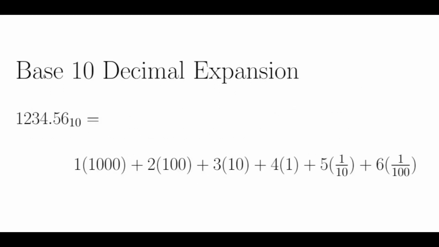We commonly write real numbers in base 10, where each placeholder to the left of the period indicates increasing powers of 10, and each placeholder to the right of the period represents decreasing powers of 10. For example, in base 10, the number 1234.56 represents 1,000, 200s, 3 tens, 4 ones, 5 tenths, and 6 hundredths. And the number can actually be thought of as the sum of those terms.